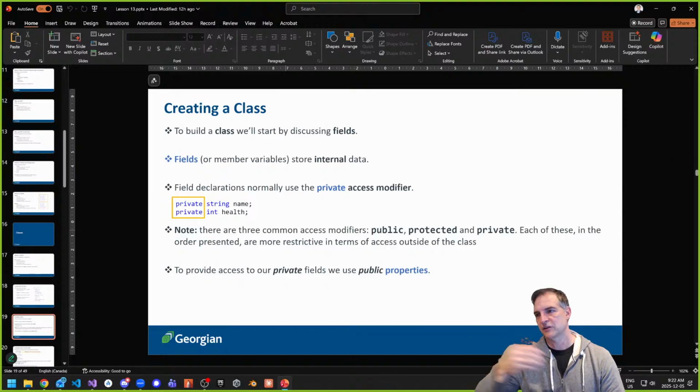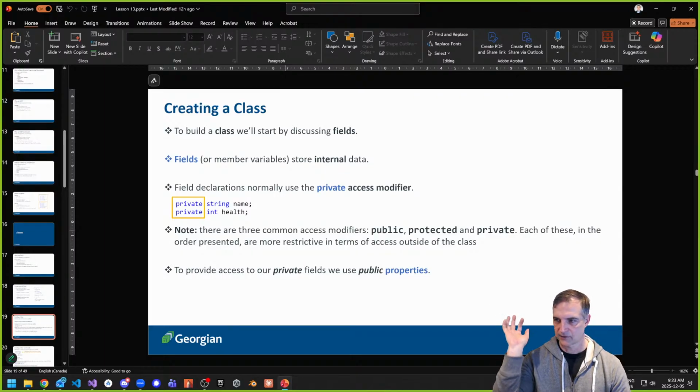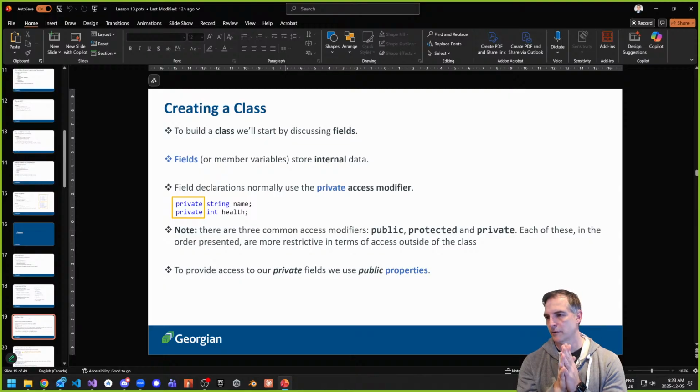Again, that's something you're going to learn about next semester. And then private means only the class can access those fields. Anything outside of that class, it's not even available through the dot operator. You can't access those things. It's shut down. And a lot of times we shut down things with private because we don't want direct access to a method or a field, a variable, that's part of the class.